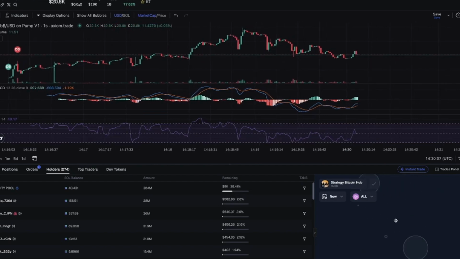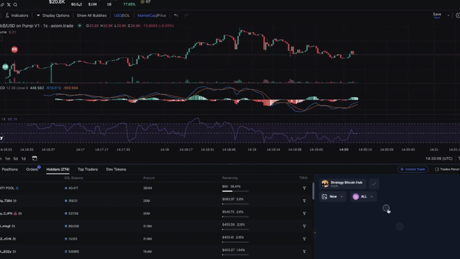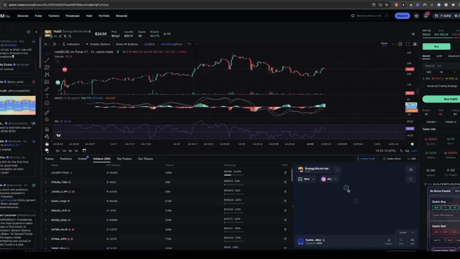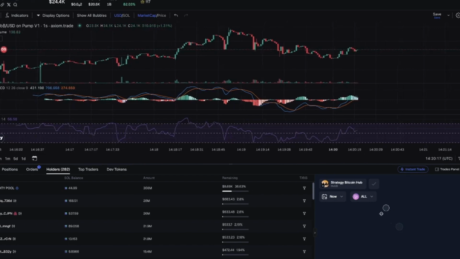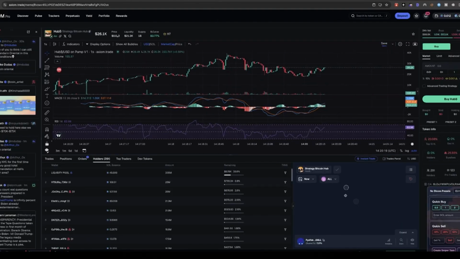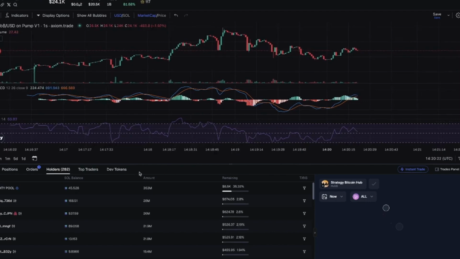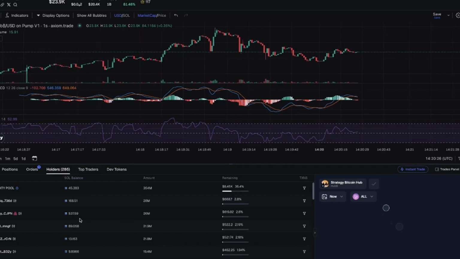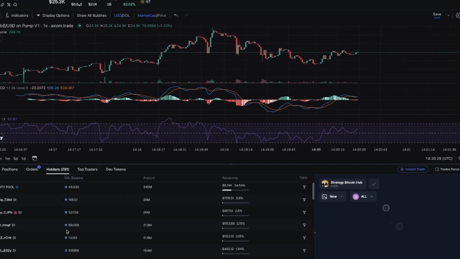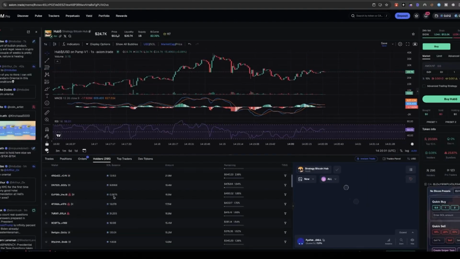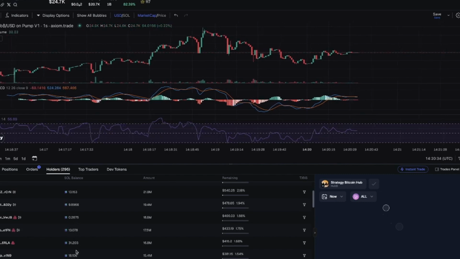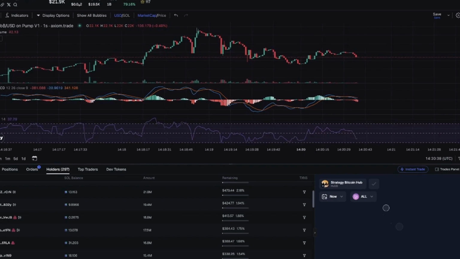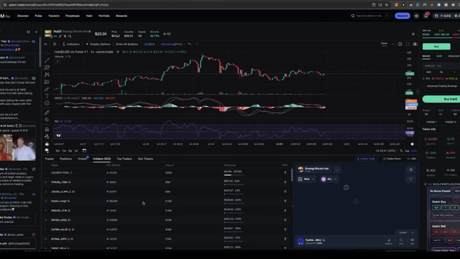So sometimes, just like Bubblemaps, if you go onto it, you see some of the wallets that are connected to each other that hold a high amount. Usually I'd stay away from that token. But this doesn't look like an absolute scam of a token, to be honest. The way I'm seeing that is you go to the holders section, and then you look at the balance that the holders have got. If all of the holders have got a really low Solana balance, then I'd want to stay away from that token as well, just because it's likely that it's more bundlers than actual people investing into the token.